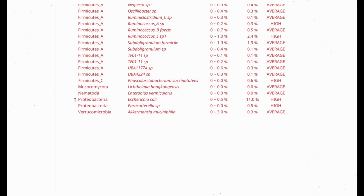The other thing that I want to really draw your attention to is the proteobacteria. And in this case, they only told us about 2 named species. So I'm going to be curious as I get more test results back if they actually are testing for other proteobacteria or if these are the only 2 that they're testing for. I'm not really sure. But Escherichia coli, E. coli, you could see that it shouldn't be higher than 0.5%, and mine was